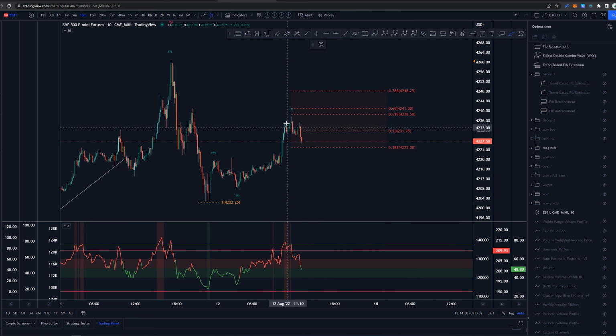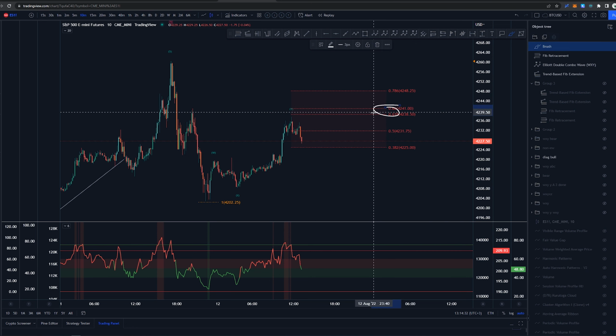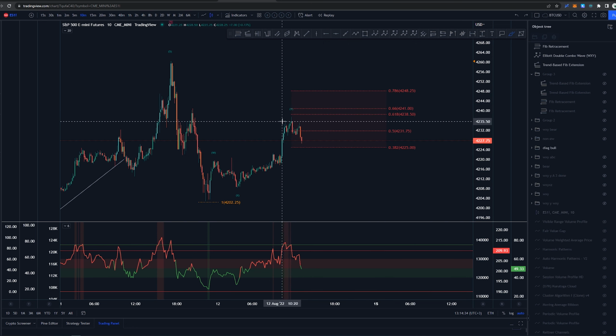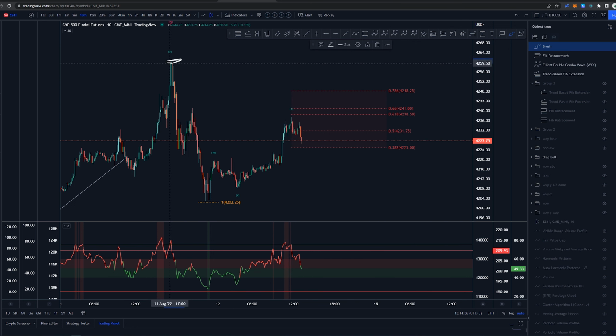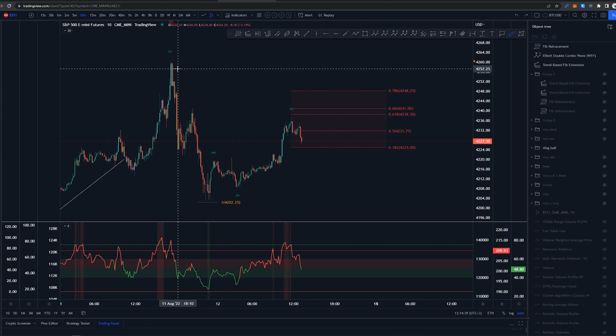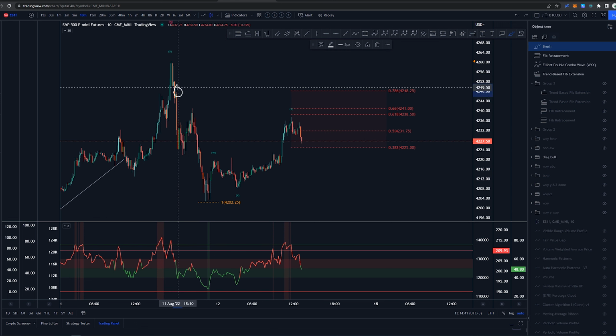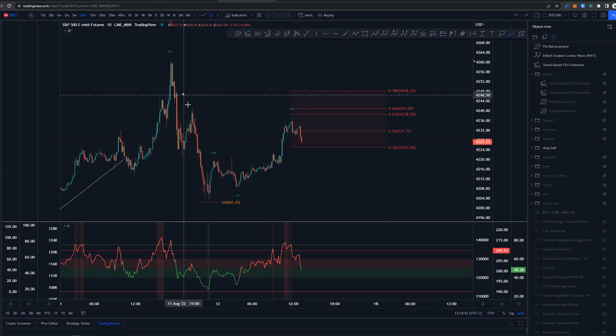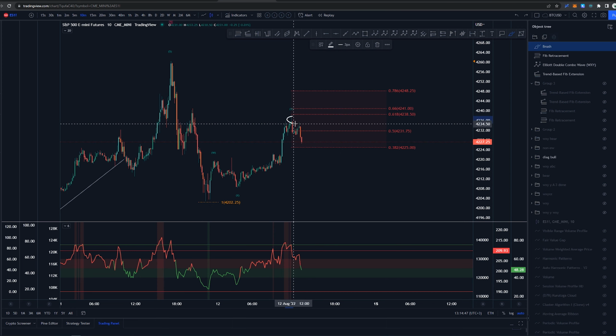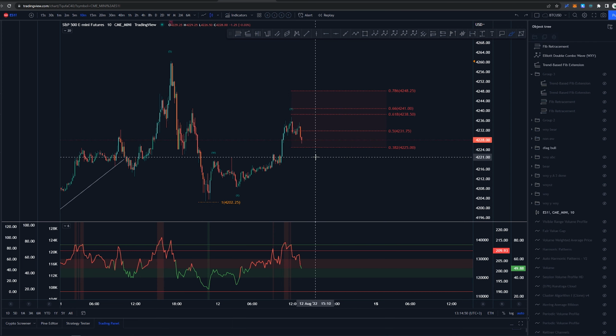I was first of all expecting us to get back to the golden pocket, but we did not. And this time I did not want to be waiting on a similar structure as we had here, as I did miss that very tip top. Okay, this is still pretty good for this short, but yeah, it wasn't perfect. This entry to me is way better.